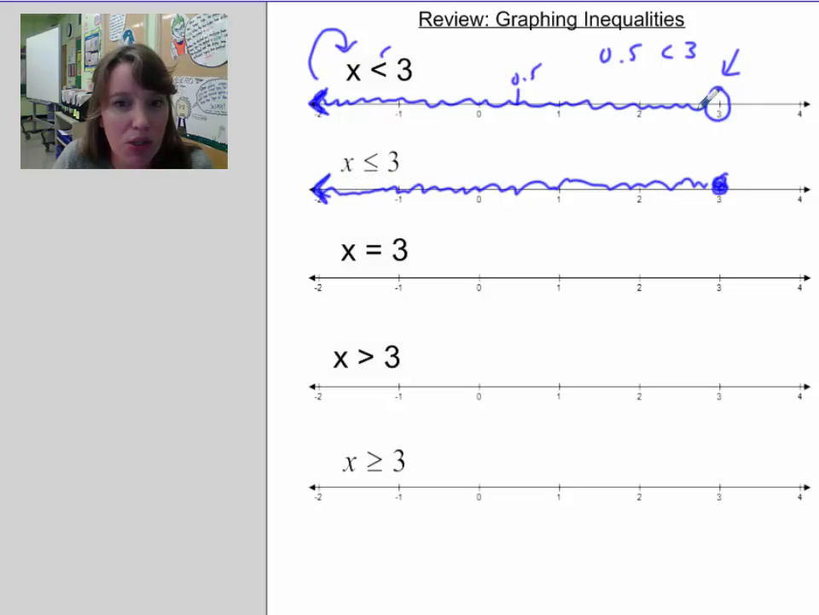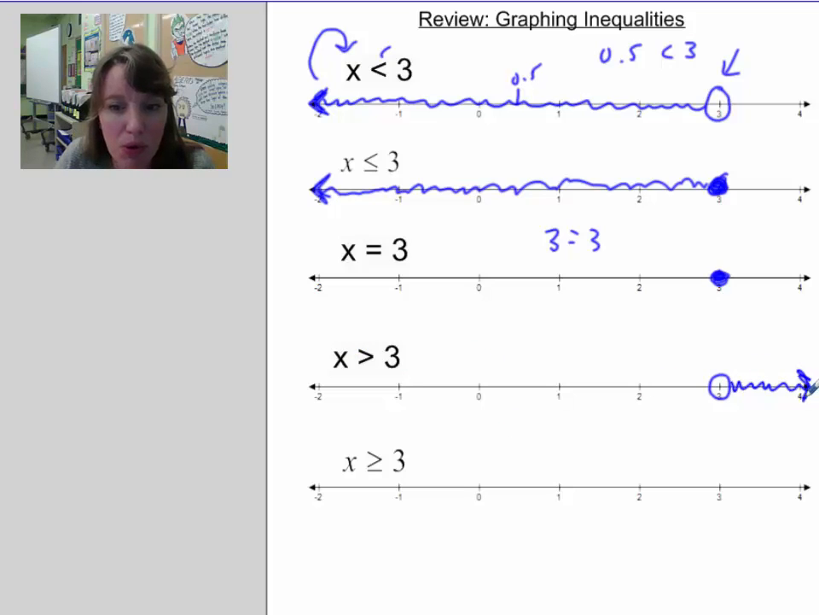So the difference between these two is that this became not a strict inequality and this made it a closed circle. If X is equal to 3, then the only value that can be put in there to have this equation be true would be 3, because 3 is the only thing that's equal to 3, so you only put a dot at 3. X is greater than 3 is an open circle at 3, and you shade to the right,